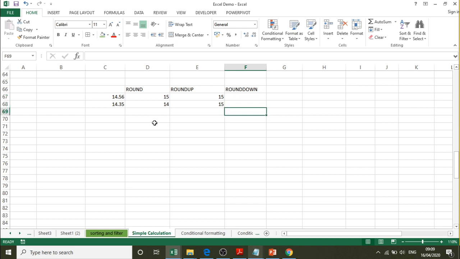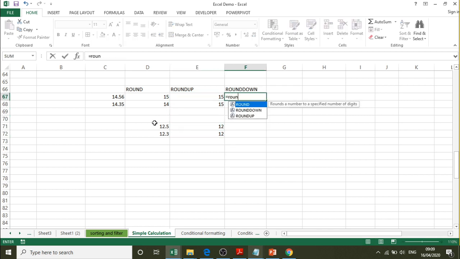Similarly, the ROUNDDOWN function, irrespective of whether the value is less than 0.5 or greater than 0.5, it will round off to the previous number. So we can use this ROUNDDOWN function. We will take up this example 14.56, that is C67, comma 0.